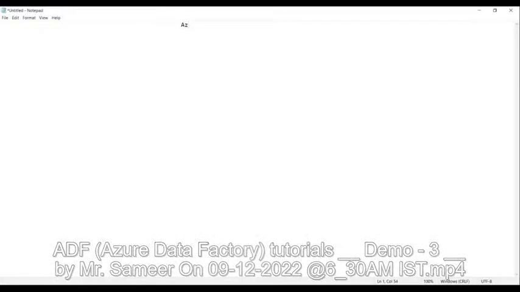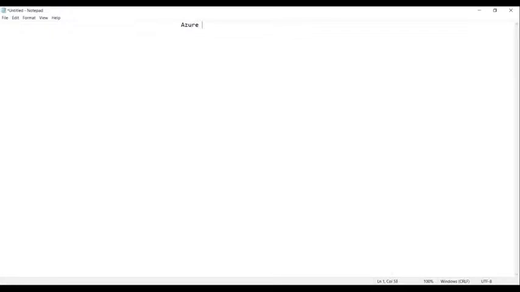Okay, guys. So let's start with Azure Data Factory. Now tell me, everyone, what is Azure Data Factory? It is a service, basically. This is not a software service. It is a service provided by Microsoft to perform the job of ETL. So what do you mean by ETL? To perform the job of ETL, the service called Azure Data Factory is provided by Microsoft.